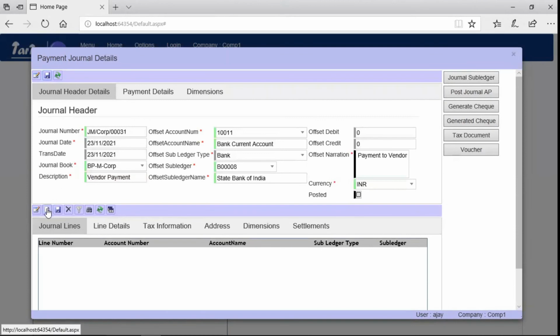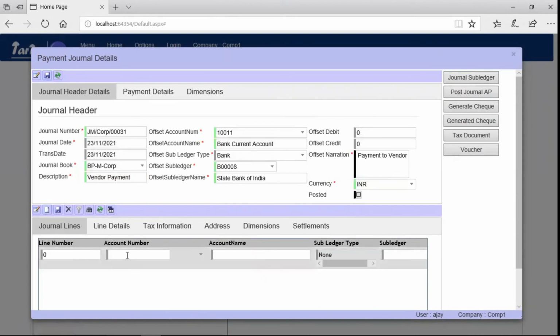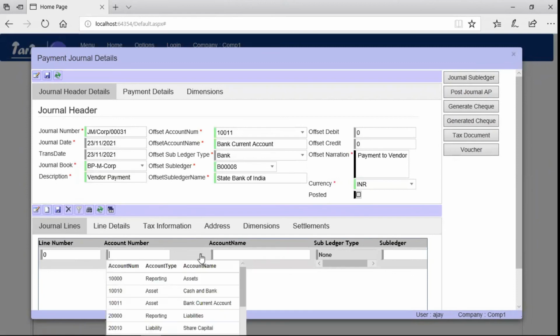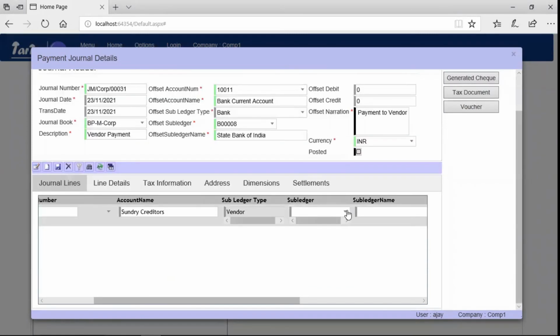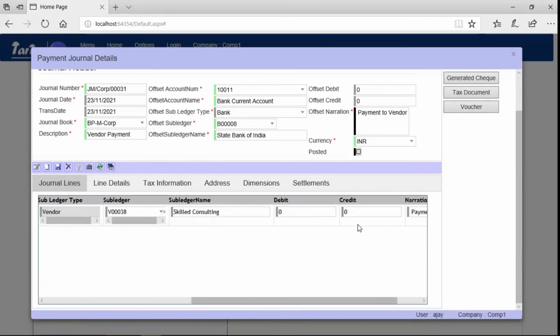Now click New in Line section. Select Account, Sundry Creditors and select the vendor in Subledger. Enter the payment amount in debit and save the record.